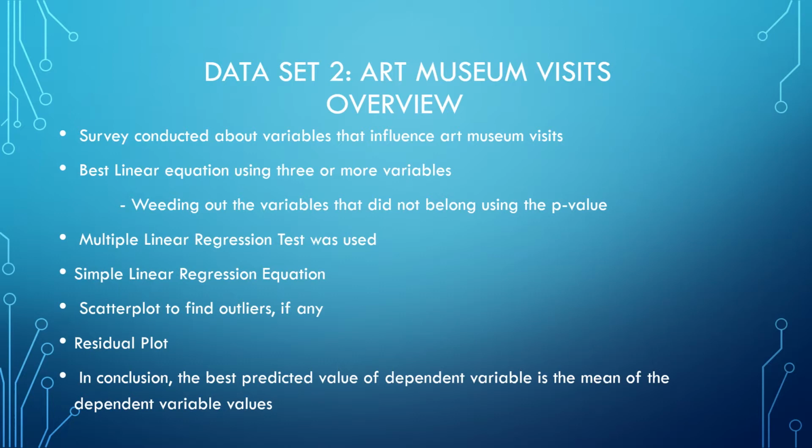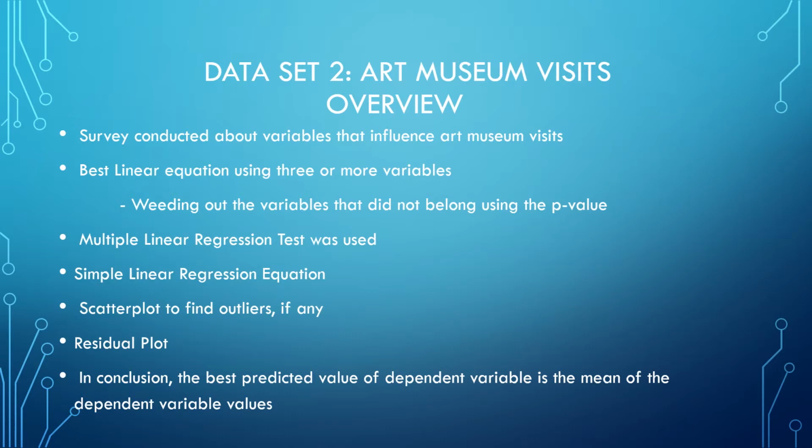After we completed that, we moved to the simple linear regression equation test to find the exact regression line. After that test, we used a scatter plot to find any outliers in determining the shape of our data. When the scatter plot showed outliers, we ran it again and found the same results. After the scatter plot, we used a residual plot to check the scatter plot points, and we found out that the best predictive value of the dependent variable is the mean of the dependent variable values rather than the value